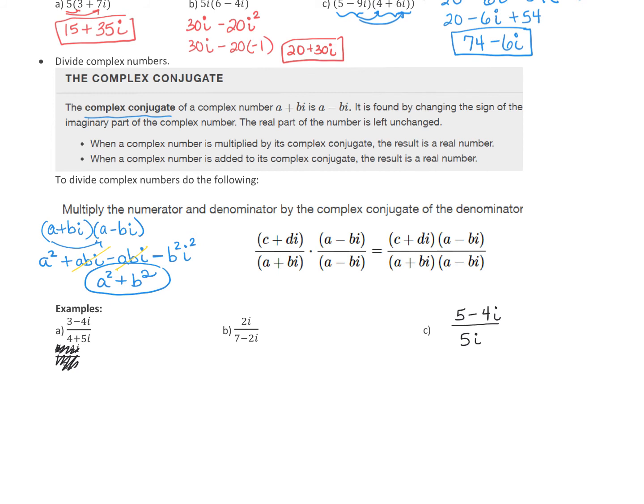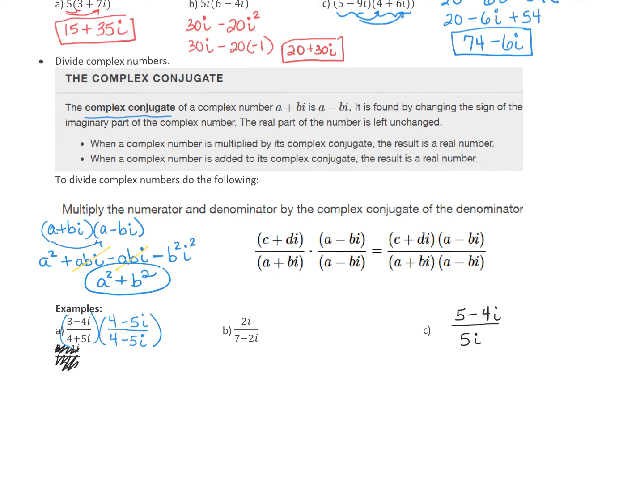So to fix that, we are going to multiply by the conjugate of the denominator. So in this case, 4 minus 5i and 4 minus 5i. So the number that we're multiplying by is actually 1. It's just that on the bottom, when we multiply it out,